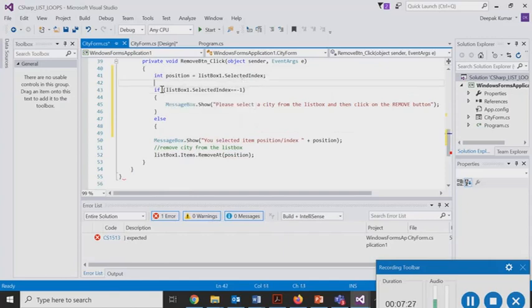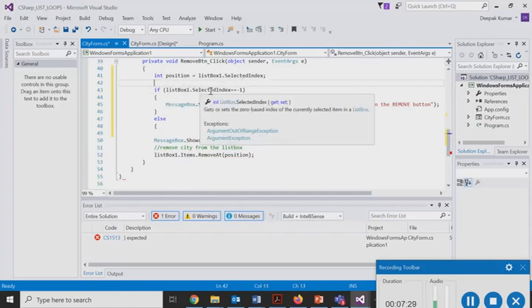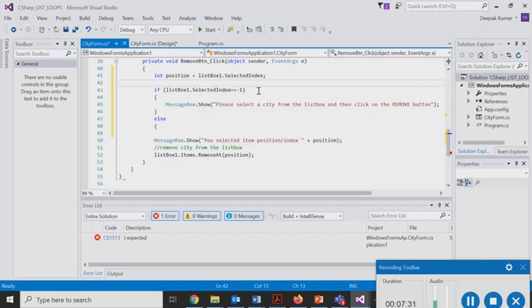We can put a condition here as list box 1 dot selected index equals -1, or we can say that position equals -1.